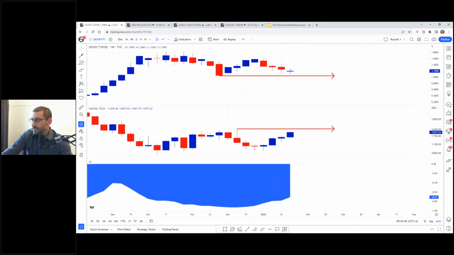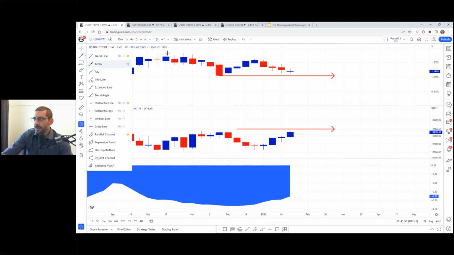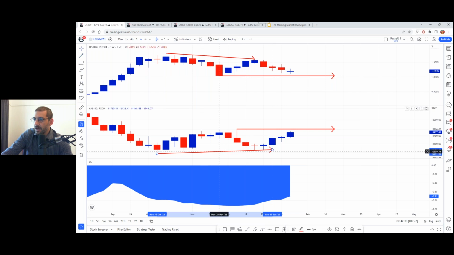That's the real rate versus the NASDAQ. And NASDAQ to me is becoming very interesting. You can see that as the real rate is coming down, let me put an arrow in here. So when I say coming down, we've got this lower peak, right? Got that lower peak. So as we've got the lower peak, we've got a higher trough. I beg pardon, on the NASDAQ. So they're moving in opposite directions. In other words, there's an inverse relationship.